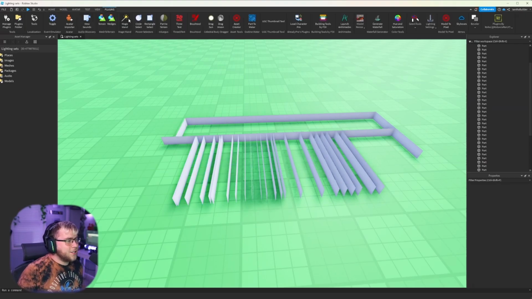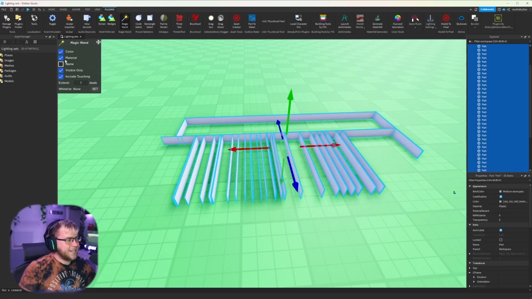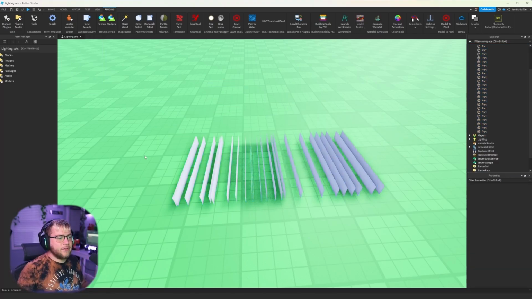If you grab the magic wand right here and then click, it automatically selects all parts that are connected to each other. You can set any of these as well. If you only wanted it to grab colors, you could uncheck all of these. Only material, name, visible, include touching. If you don't want them touching, say you have, I don't know, let's say you have just these and none